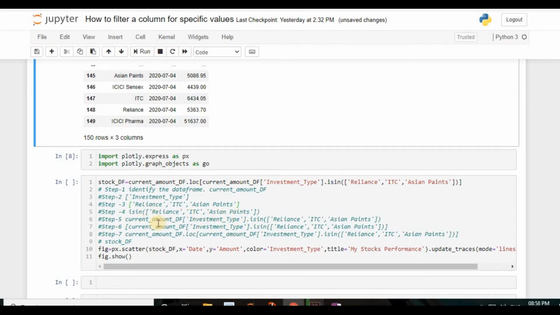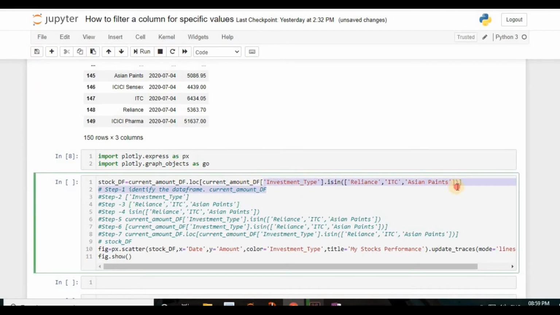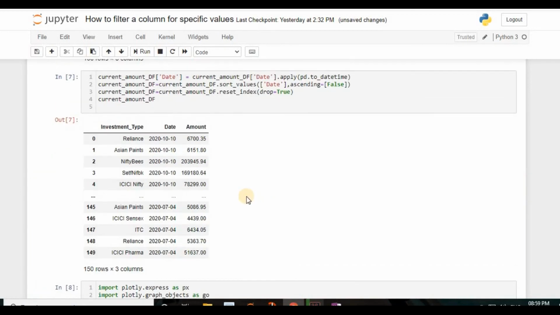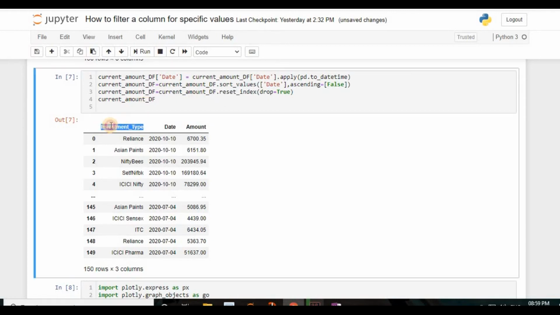And then what I am doing is assigning this entire thing, my column name, my isin function, and the 3 different parameters, into current underscore amount underscore data frame, because this whole thing is there. See, this current underscore amount underscore data frame has this column. From this column I just want Reliance, Asian Paints and ITC, right friends?